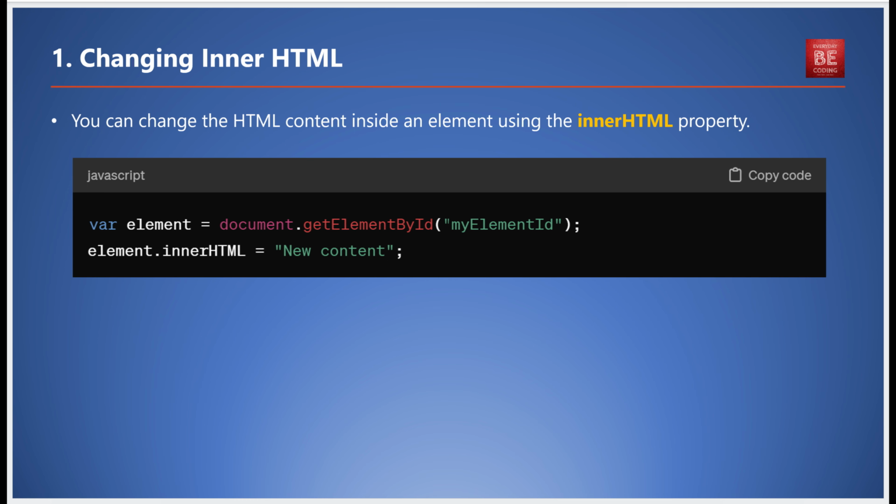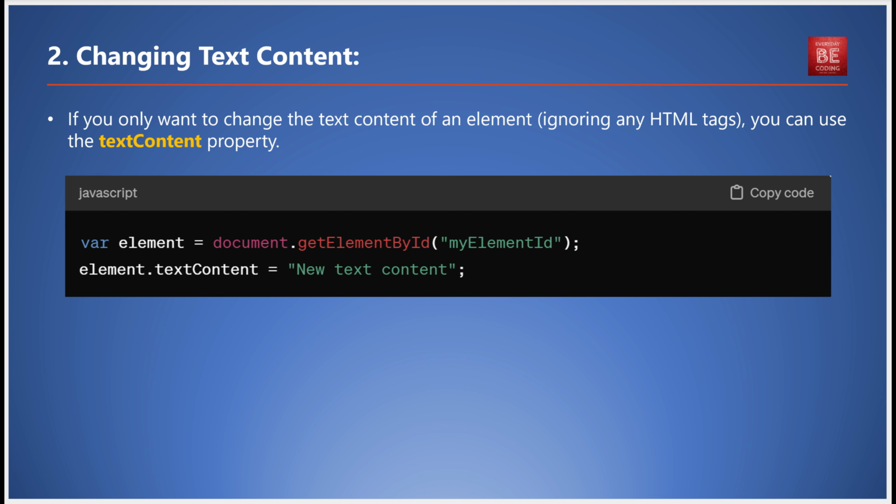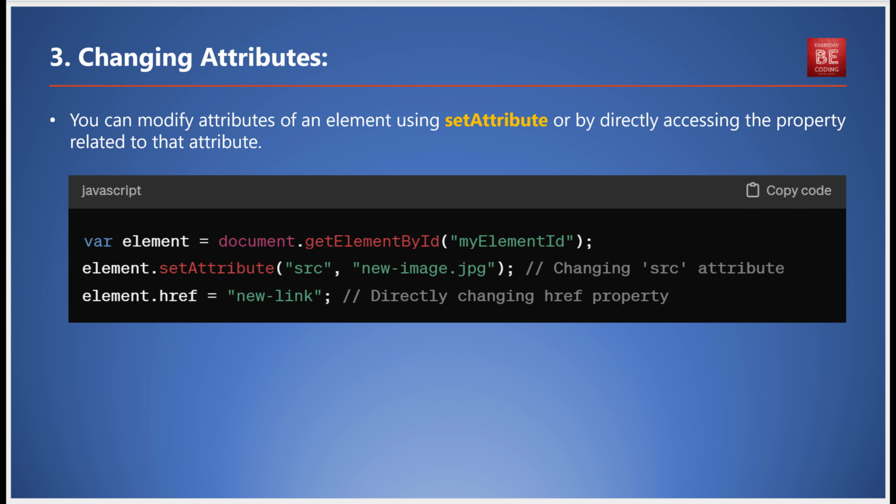But what if you only want to change the text content of an element, ignoring any HTML tags? That's where the textContent property comes into play. The code for this will look something like: var element = document.getElementById('myElementId'); element.textContent = 'new text content';